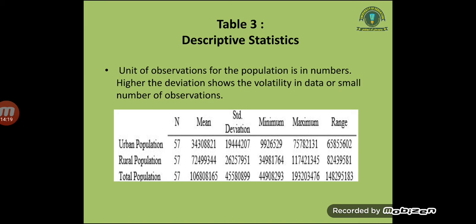Urban population, 57 observations, mean 34308821, standard deviation 19 tetra 4207, minimum 99,26,529, maximum 7 crore 57 lakh 82,131,